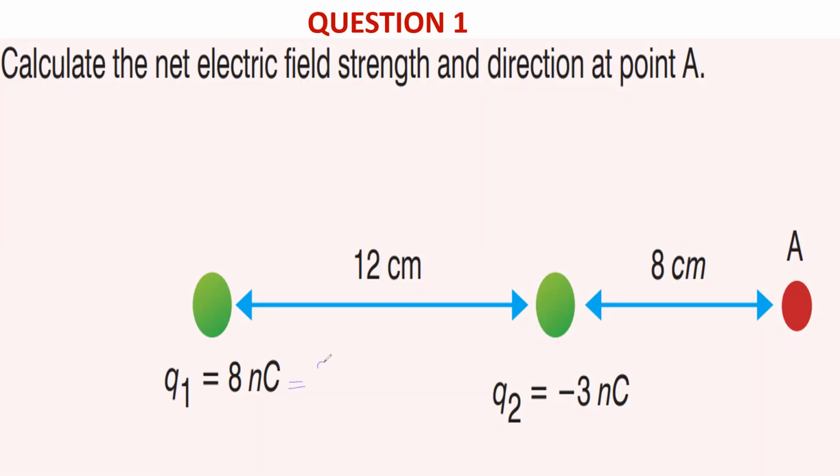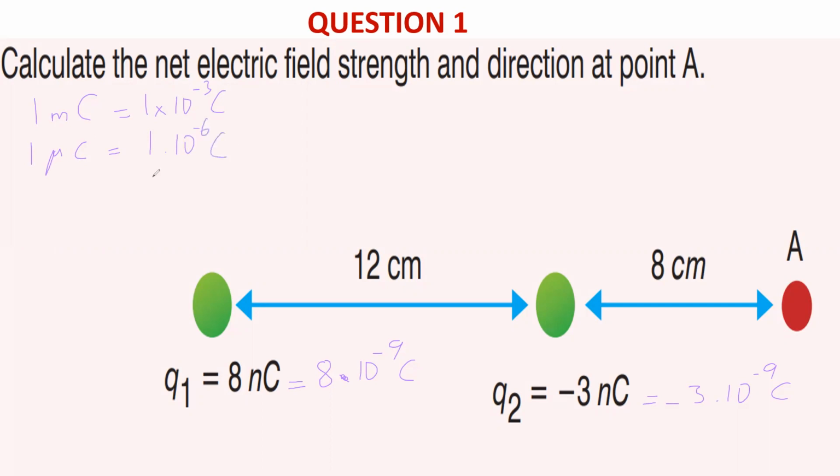to Coulomb, 8 times 10 to the power of -9 coulombs. And then this is -3, so -3 times 10 to the power of -9 coulombs. What we know about units, number one, if you have 1 mC, it is equal to 1 times 10 to the power of -3 coulomb. Or if you have 1 micro coulomb, it is equal to 1 times, you can use any of these, even dot or cross is fine,